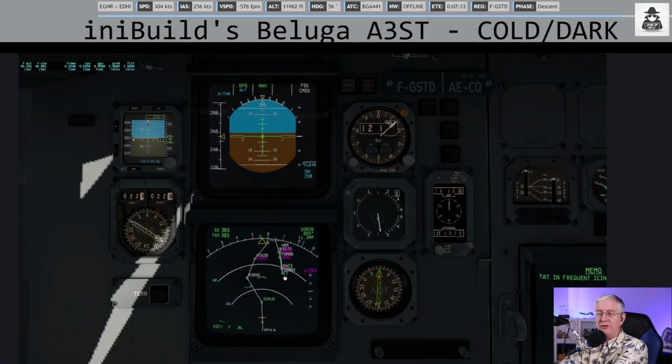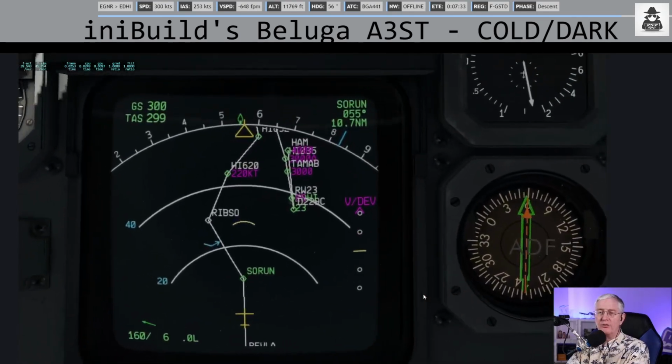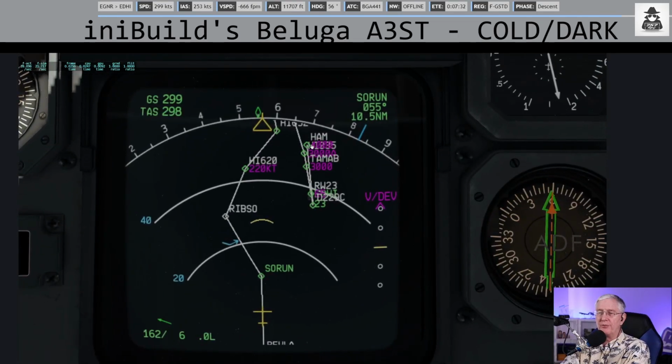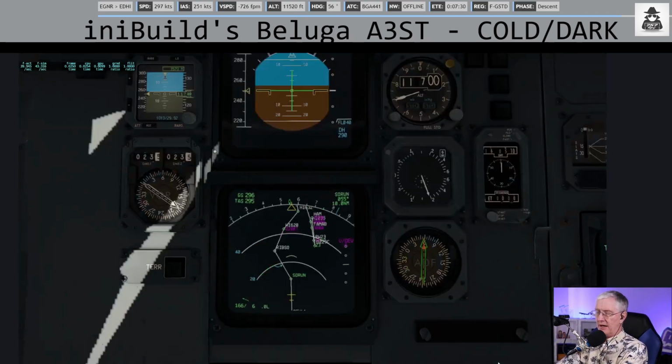And you may notice over here that it looks like there's some trashy stuff here on our approach. What we've got here is, remember that that's also the missed approach. So if we have to go missed, we're going to make a turn out here and head back to Ham,